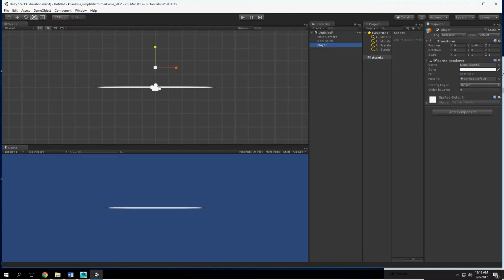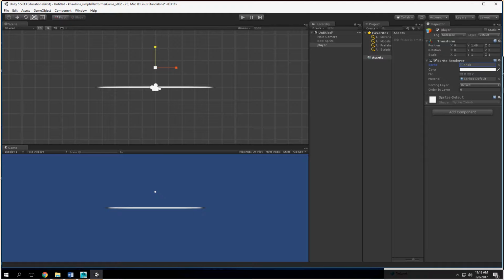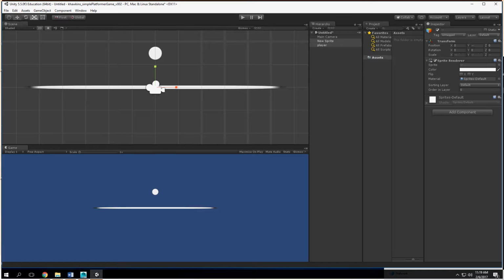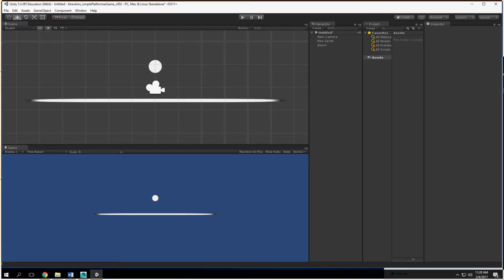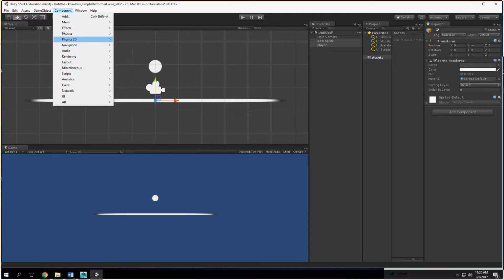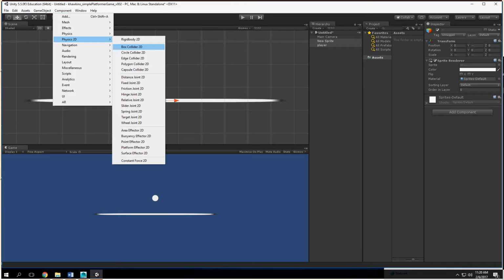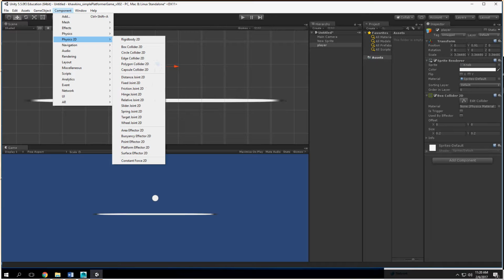And player, we'll do that now. I'm going to probably make these both just a tad bit bigger, especially player. On both of these, we need physics 2D, and we're going to put on a box collider. And on the player, physics 2D, rigid body,